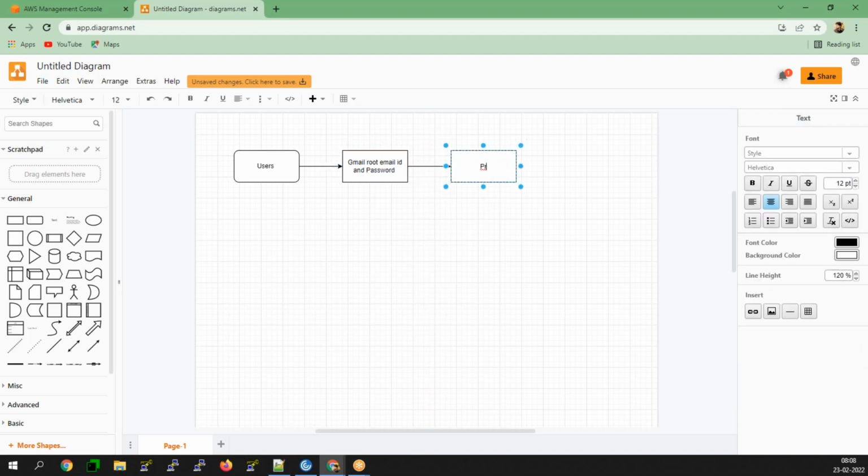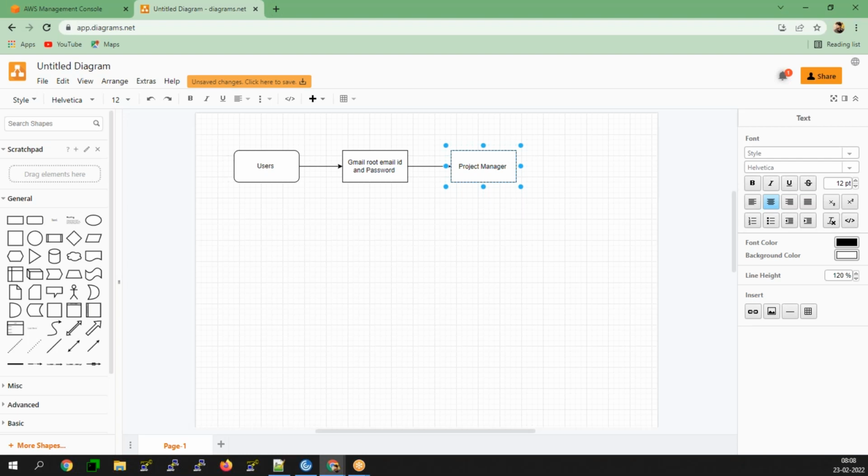Only that authorized person can access the root email address and the password.